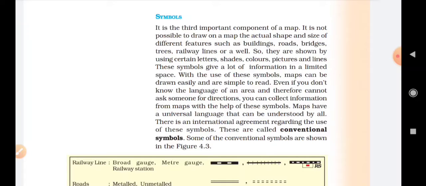They are shown by using capital letters, certain shades, colors, pictures, and lines, and symbols give a lot of information in limited space. With the help of symbols, a map can be easily drawn and particular locations and features found.